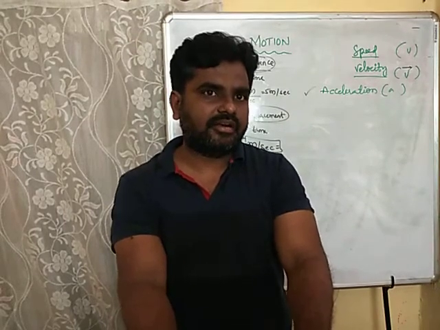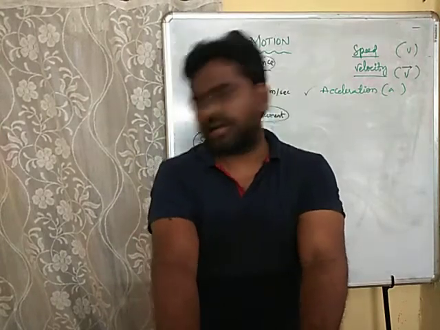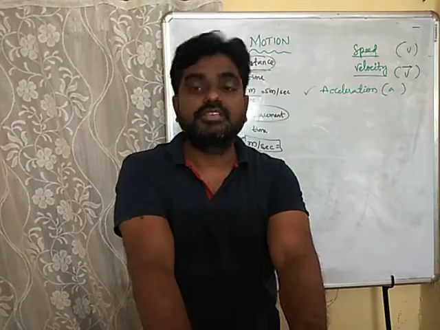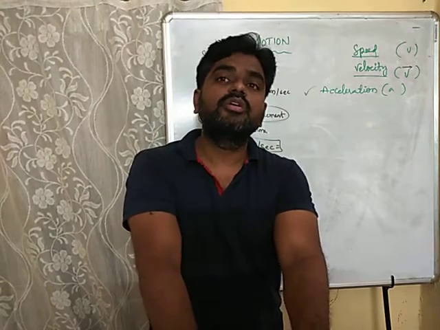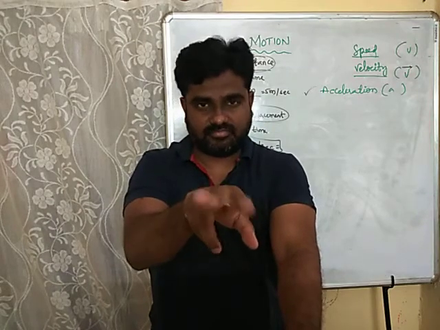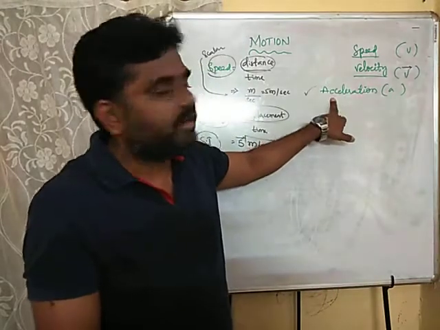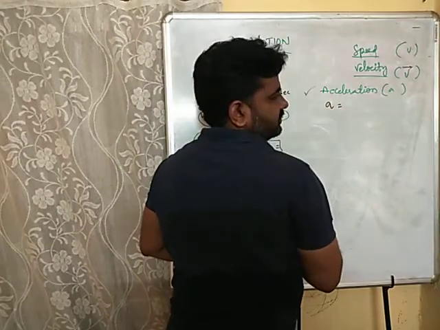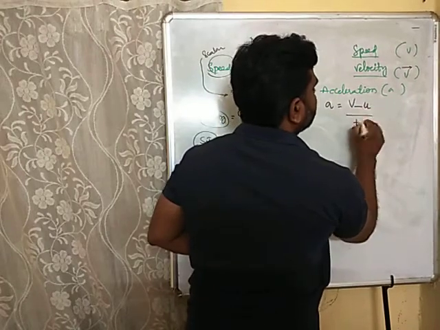So what is happening here? The speed is not constant, isn't it? Even if you ride a bicycle, you will not maintain the same speed throughout your journey. Sometimes you may ride with great speed and sometimes you may go slowly. The difference between slow and fast, according to the time interval, gives rise to the idea of acceleration. So acceleration depends upon three factors: V, U and T.